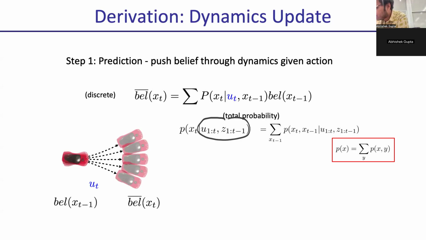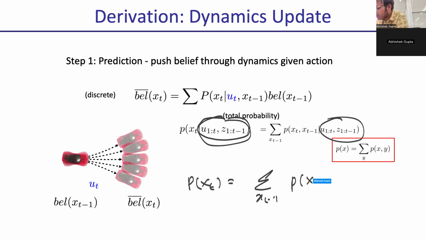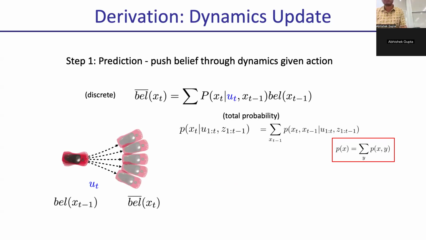So the stuff on the right side of the bar remains exactly the same, right? But in some sense, what I'm saying is that P of xt is equal to a sum over xt minus 1 of P of xt, comma, xt minus 1, which is exactly the same as this. So I'm just saying if I have a joint distribution and I sum out over one of the variables, it just gives me the marginal distribution. And so what I'm going to do is introduce another variable xt minus 1 and sum out over it. Does it make sense?